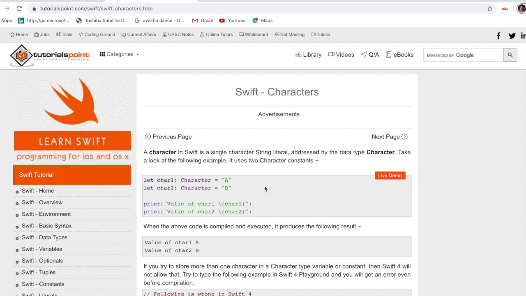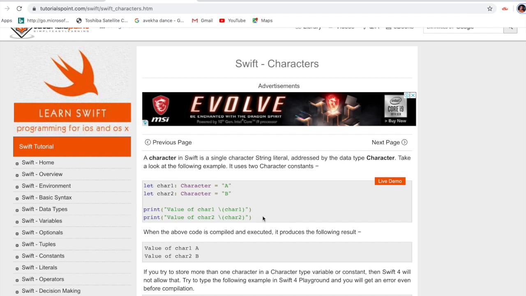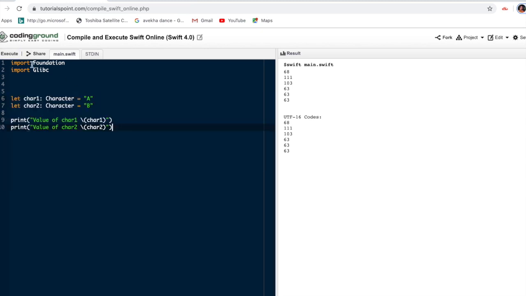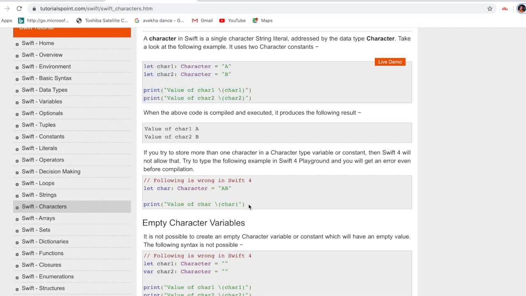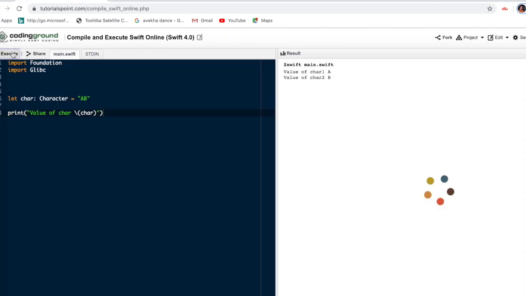Next is about characters. Characters work this way. The output I gave as a character A, so the output will become A, B, like that. So this is about the character. Suppose I assign a b as a character.